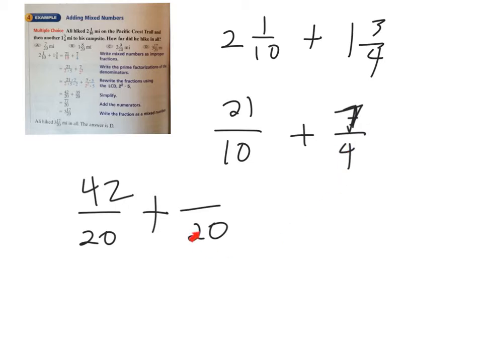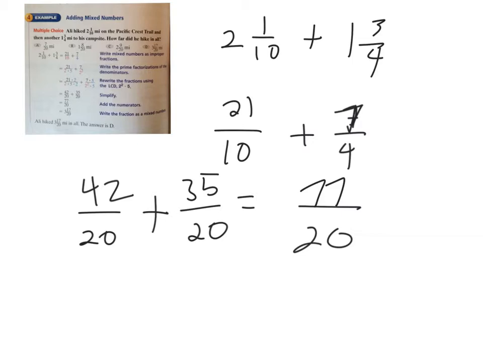4 goes into 20 5 times. 5 times 7 is 35. Okay, are you with me? So, we add them together. 20ths, 42 plus 35 is